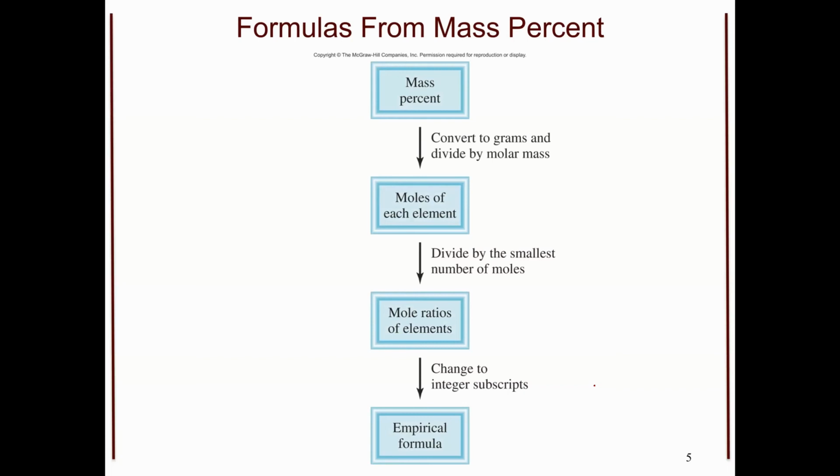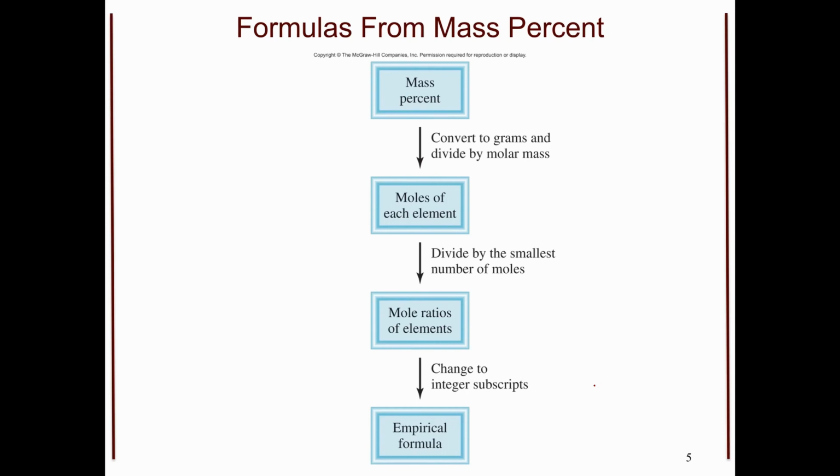So why do I do this? Well, for the most part, we can actually get mass percents very easily in the lab, and this can be done for us to help get our empirical formula or get our molecular formula. So the process that I will show you in this video is how to go from mass percent to the moles of each element to the lowest molar ratio, and then finally to the empirical formula. Then we know that the empirical formula is a lowest number ratio of our molecular formula. So if I were to ask you for a molecular formula, you would just have to multiply by some integer